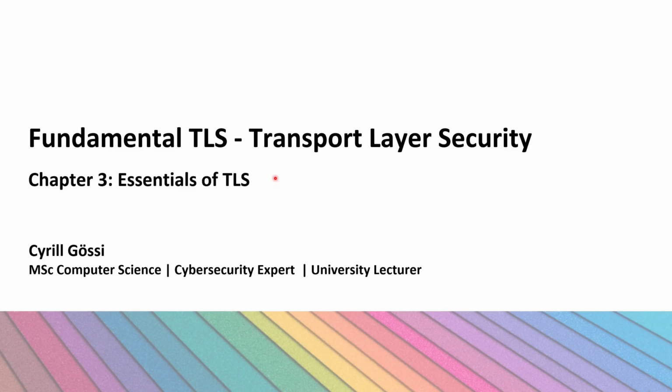With the essentials of cryptography covered, we have reached Chapter 3, where we will now get to know the essentials of TLS, the Transport Layer Security Protocol. In this chapter, we will first have a brief look at the overall objective of TLS as a cryptographic protocol, together with its history, then look at where within the TCP/IP model TLS as a protocol is located, have a look at the general protocol structure of TLS,